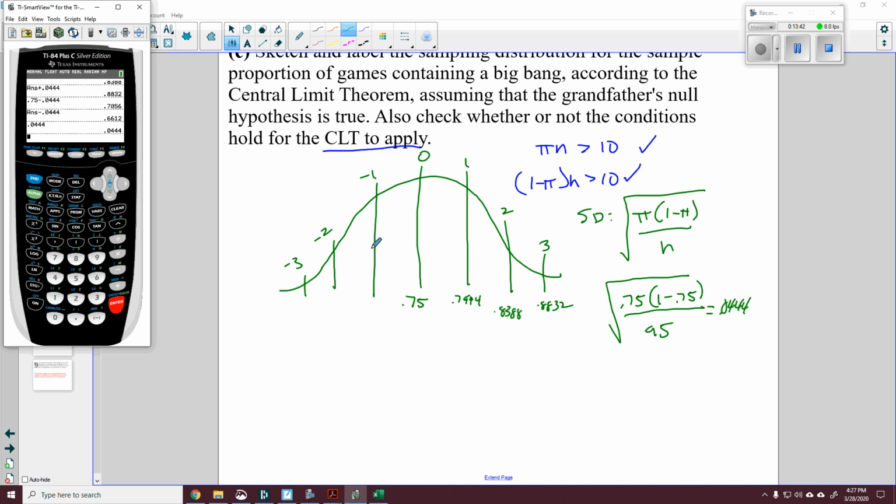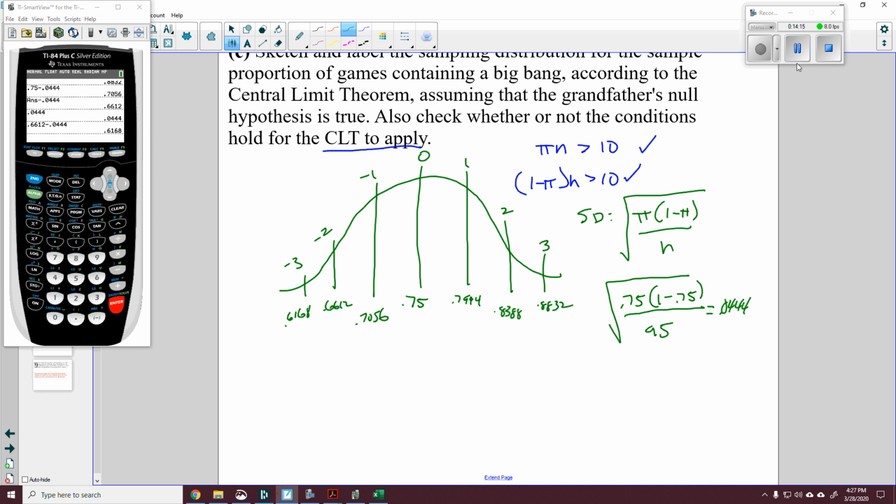And I get on this side now 0.7056, 0.6612, and 0.6168. So now I have a nicely labeled sampling distribution